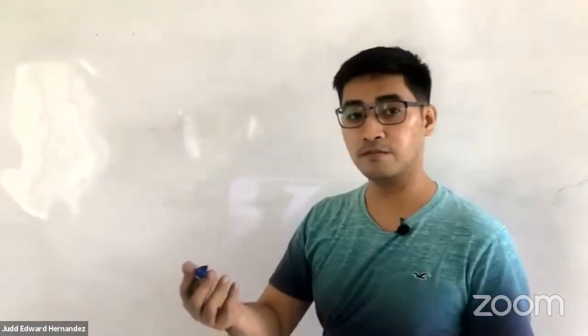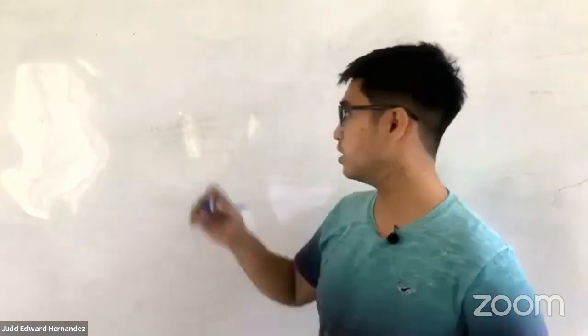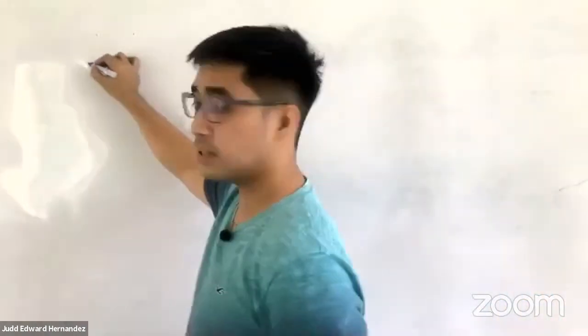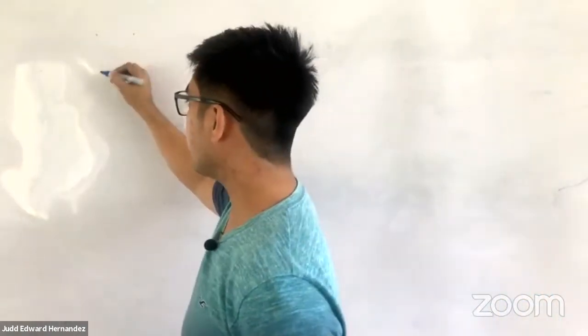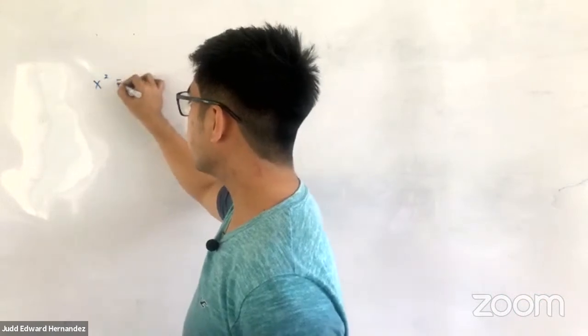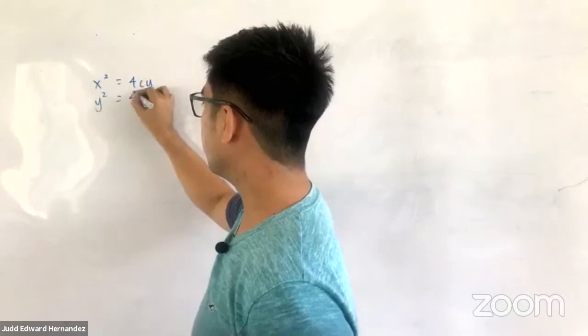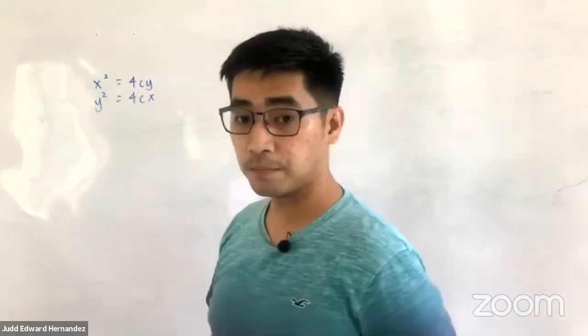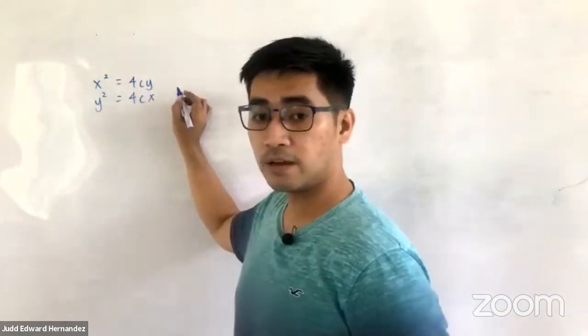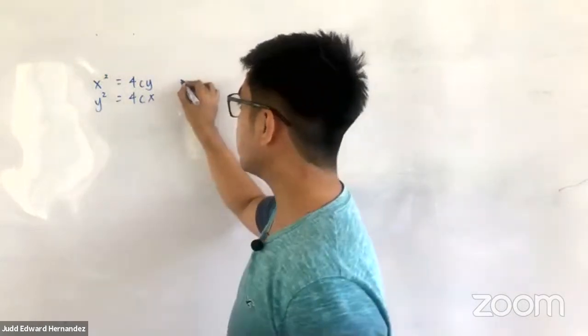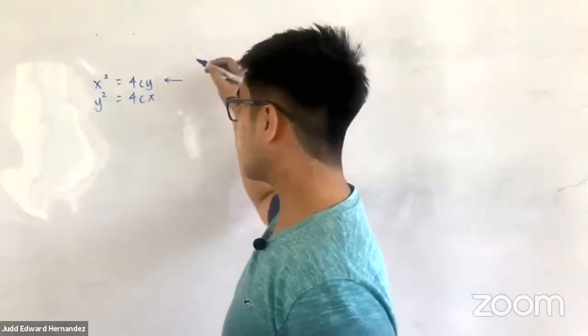So, discuss muna natin yung basics about parabola. We have two theorems if the vertex is located at the origin. Namely, we have the theorem x squared is equal to 4cy and y squared is equal to 4cx. So, we could say that we have the formula x squared is equal to 4cy if the parabola opens